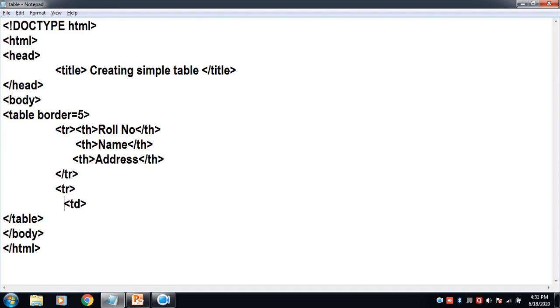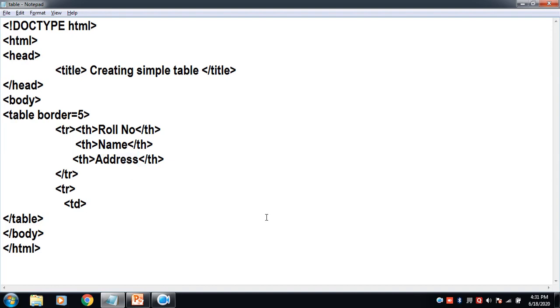Whenever I use th tag, the text which is written within this tag is automatically aligned to the center of the cell and it appears bold. So all these 3 headings will appear in the center of the cell as well as they will appear bold. Whereas when I simply use TD, I can just see a simple text in the cell.